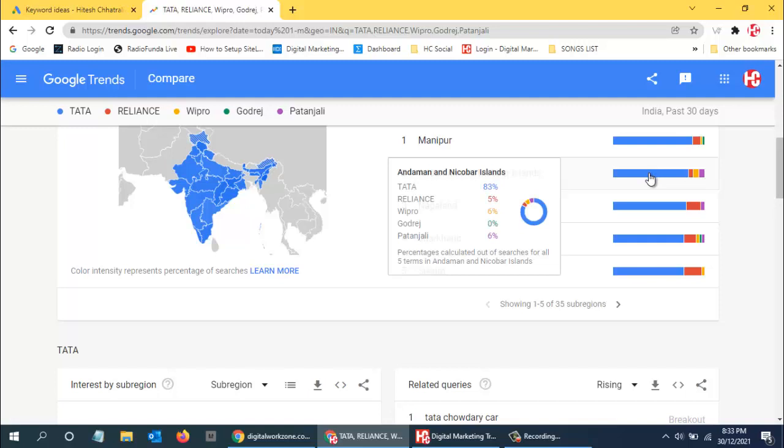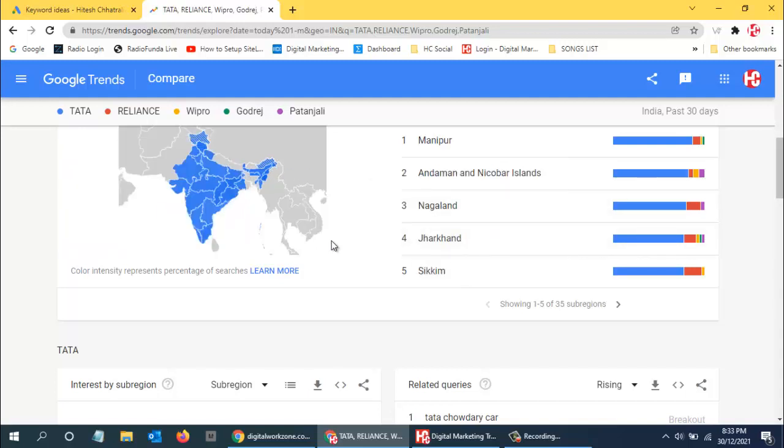According to the keywords that we are selecting in a particular state or region, you should try to research your keywords over here and then put them up in your website or content wherever you are adding. So this is what we can use. Now, this is about the popularity of the keywords that we want to use from different regions.